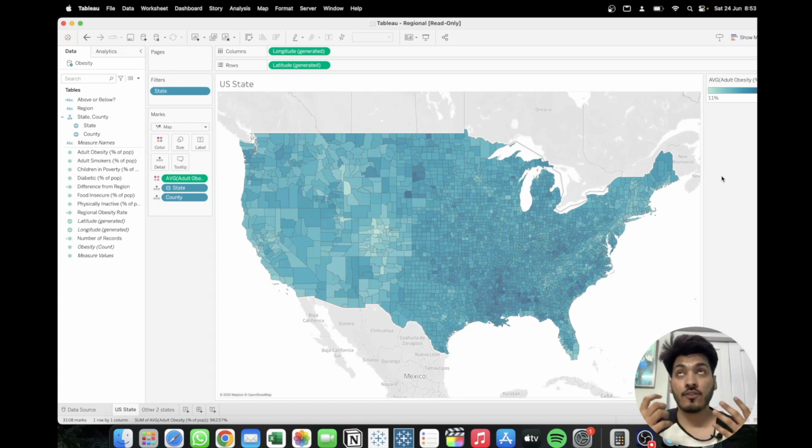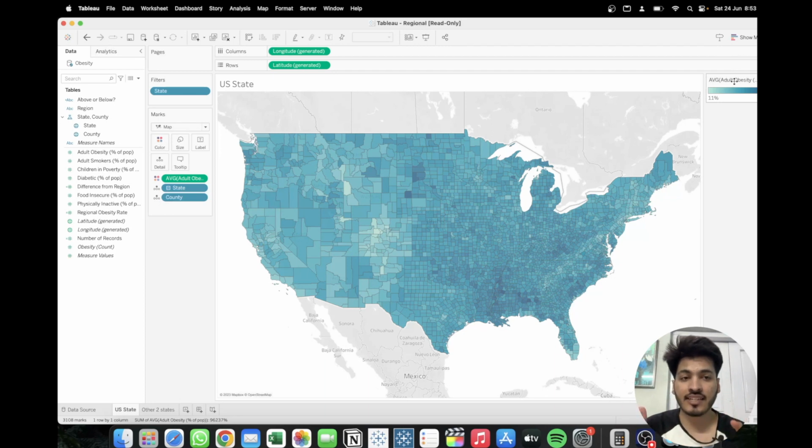So you might have studied in statistics the median value and 25th percentile and 75th percentile while creating a box plot, if you are familiar with Python. So the same kind of thing I'm going to do now. What I'm going to do is divide the data, the particular measure, on the 25th percentile value